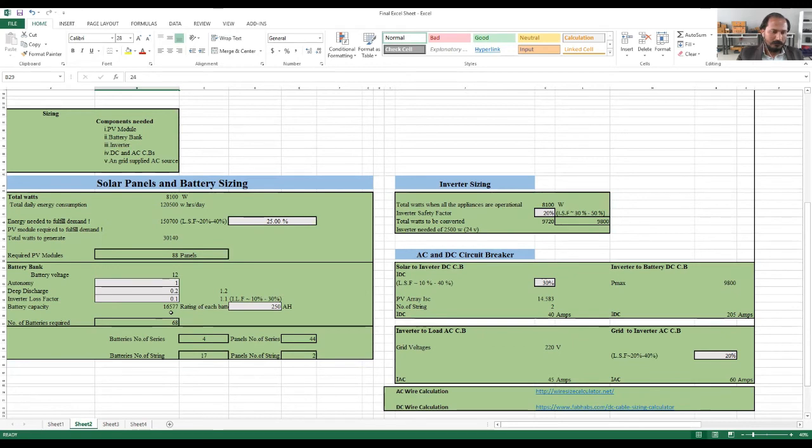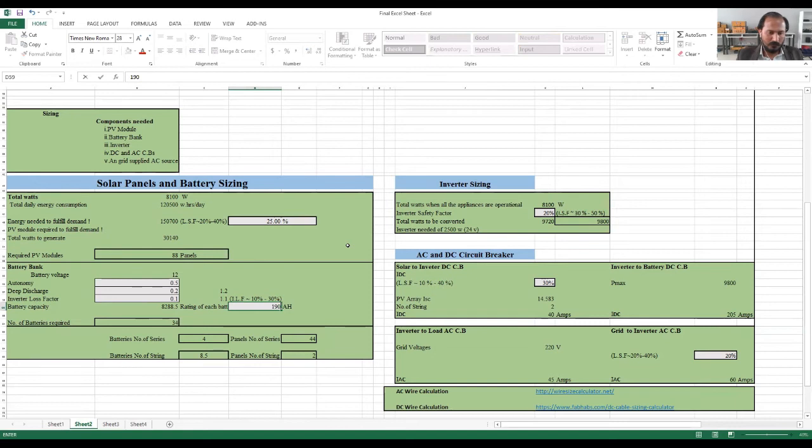Similarly, if we talk about battery capacity, these white boxes are from the user side. If users have a good rating of battery bank, the autonomy depends on it, for example, a lithium ion battery has good autonomy. We can change it, for example, 0.5, that is 12 hours, and it will automatically change the battery capacity. And if you put the ampere hour, you know the ampere hour of your battery, that is 190 ampere hour.